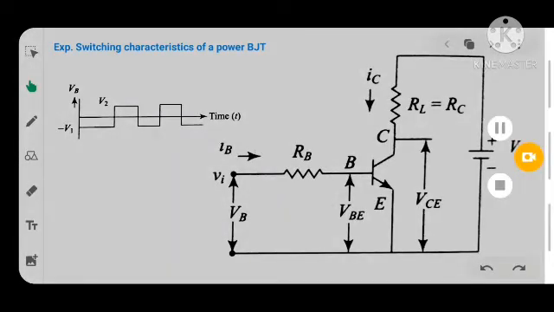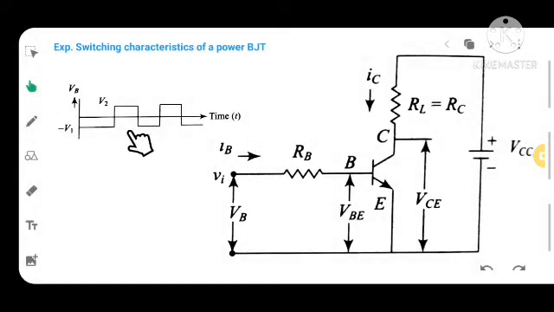As you know, during the positive half cycle of the input voltage waveform, the voltage VBE, that is the base voltage, will be positive, and this voltage will turn on this BJT. That is, during the positive half cycle, the power BJT will be in the on state. However, during the negative half cycle, the power BJT will be in the off state.